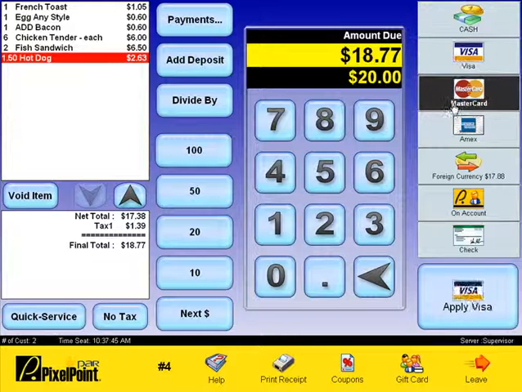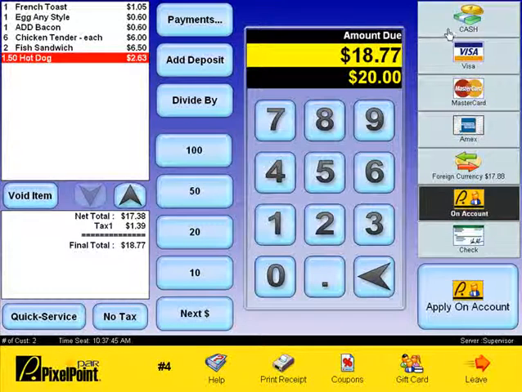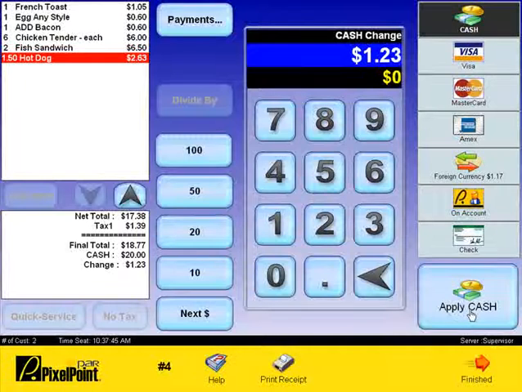But selecting on any one of these, you'll notice that by selecting on it, this changes the big button down at the bottom, which determines what it is you're going to tender on this. In this case, I'm just going to choose cash. So I have $20 cash. And in this now, I'm going to say apply cash. What the system has done now is gone through and it's settled the check, but also within this as well, it shows as far as what change I now owe the customer, it being $1.23,